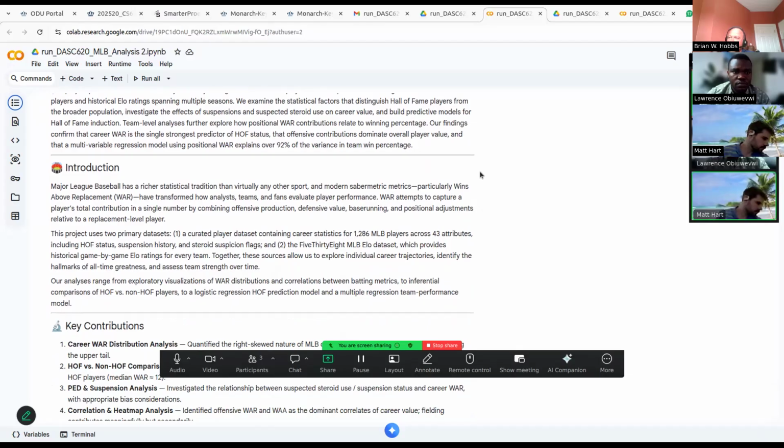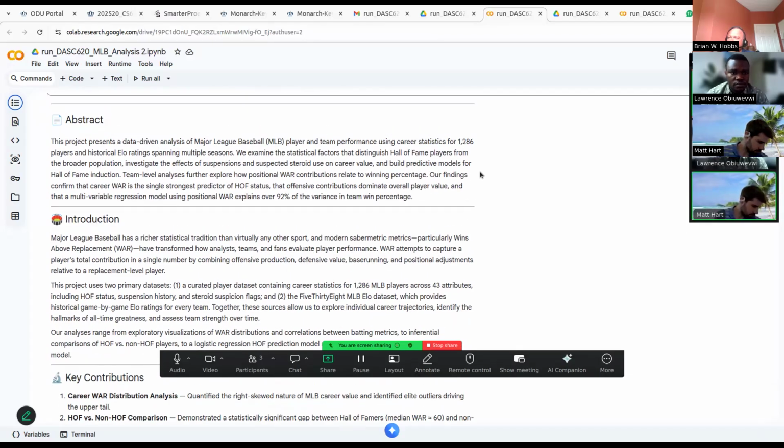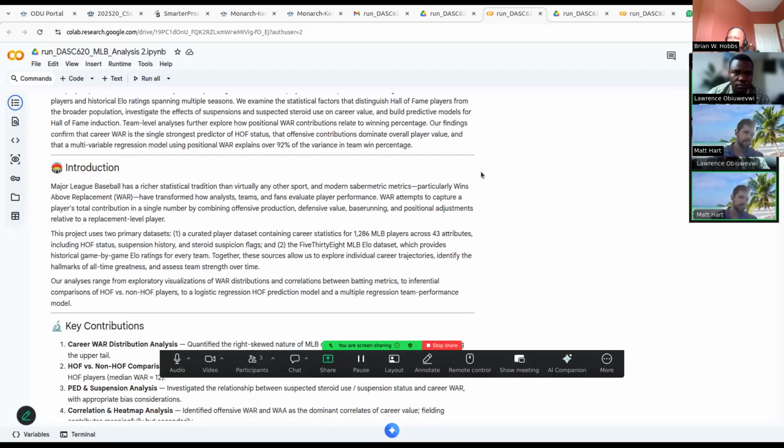Advanced analytics have transformed modern baseball by helping teams make decisions related to roster construction, player evaluation, and game strategy. One of the most widely used advanced metrics is WAR, which attempts to summarize a player's total value in one number by comparing that player to a replacement level player at the same position. WAR incorporates contributions from hitting, defense, base running, and separately pitching to estimate how many additional wins a player provides